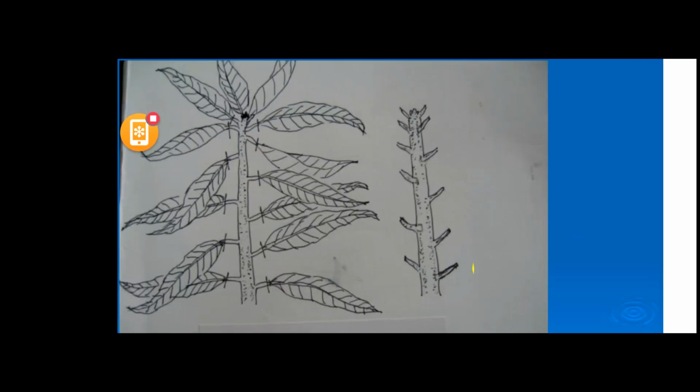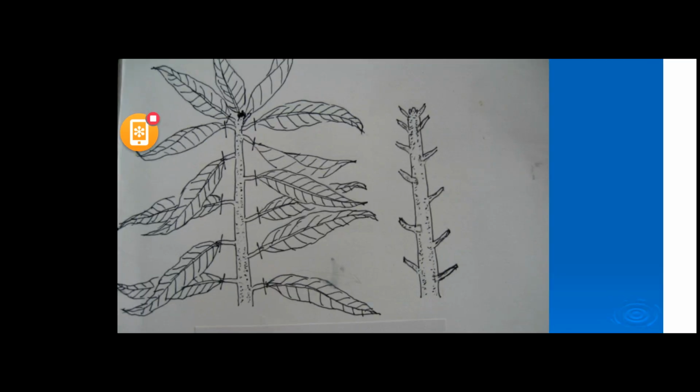After 7 to 10 days, these petioles will drop off naturally, and this terminal bud will be swelling within that period, and it will not burst.